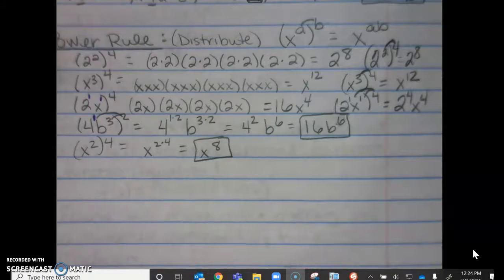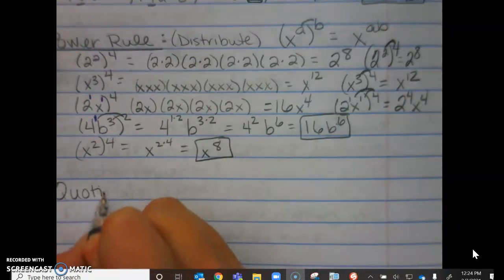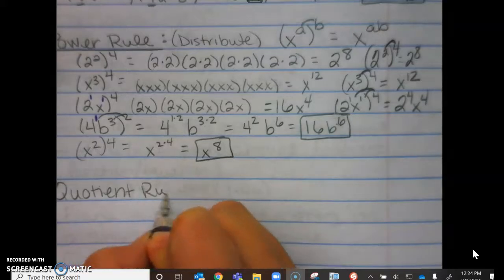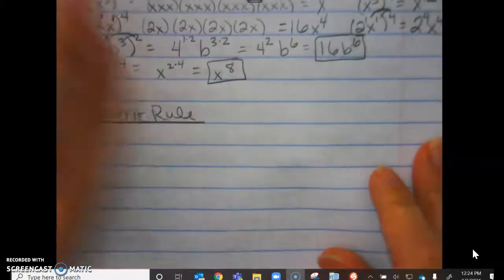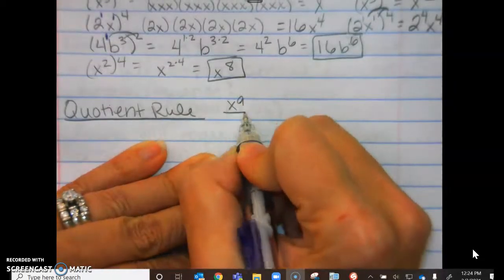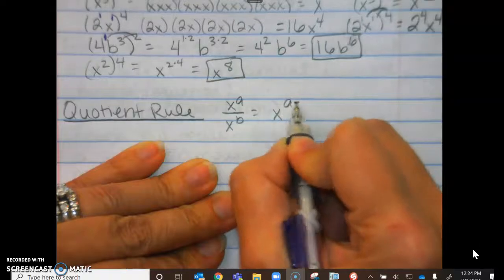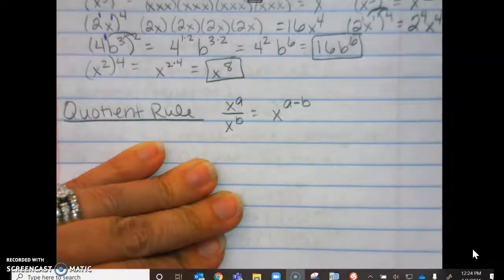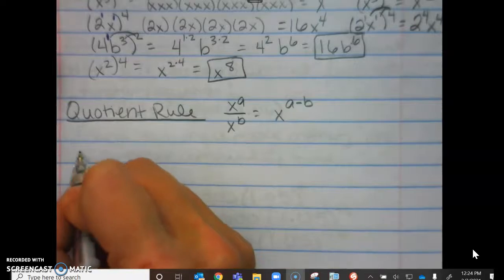Another rule, our third rule, is called the quotient rule. If you remember, quotient means divide. And the quotient rule tells us that if we are dividing like bases, then we will subtract our exponents. So for example, 2 to the 5th